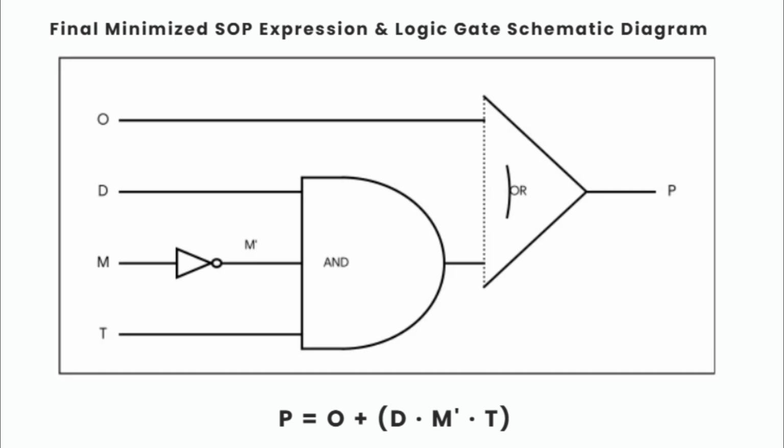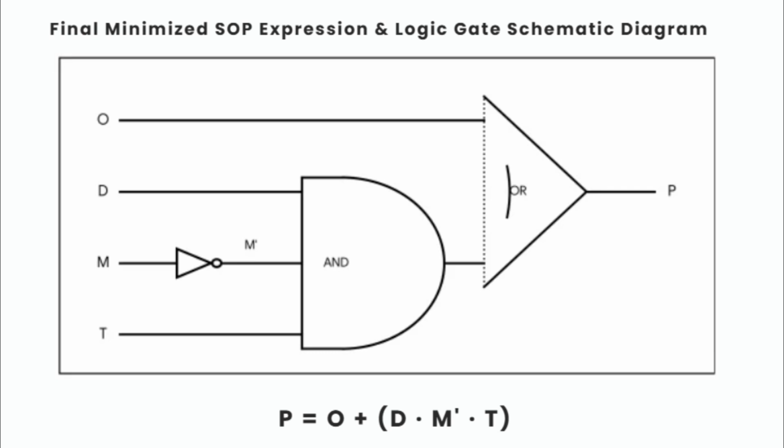Based on our assignment criteria, our derived simplified Boolean expression for the system is P equals M'TD plus O. This means our irrigation pump P will turn on under two main conditions. First, automatically, if the soil moisture M is dry, which is represented as M', the temperature T is high and it is daytime D. Second, manually, if the manual override O is activated by the user, which bypasses all environmental